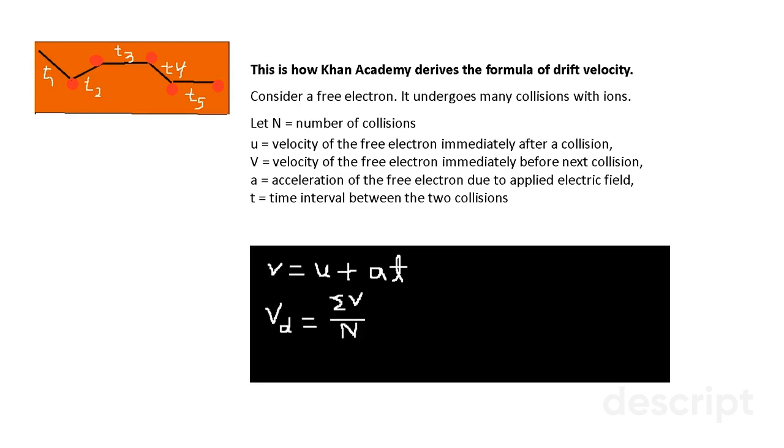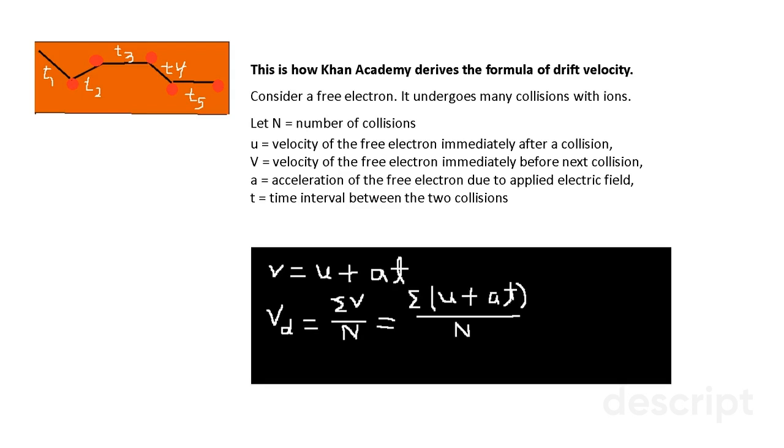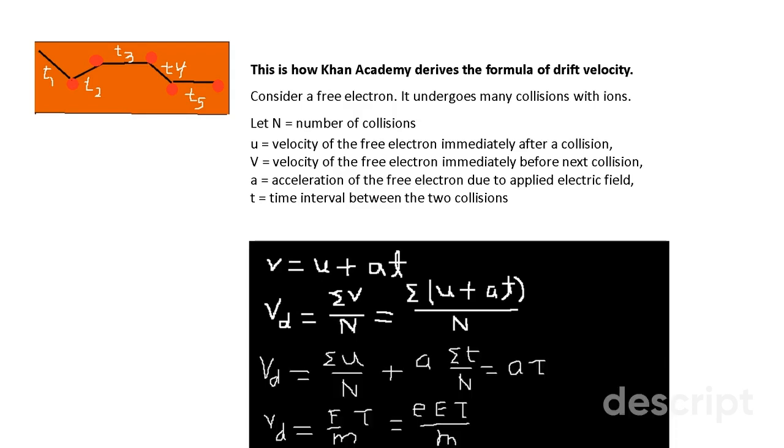The video by Khan Academy finds the average of v and calls it the drift velocity. So if n is the number of collisions, then the drift velocity equals the summation of v divided by n. Since v equals u plus at, the drift velocity is the average of u plus at. Since acceleration is a constant, we write drift velocity equals the average of u plus a into the average